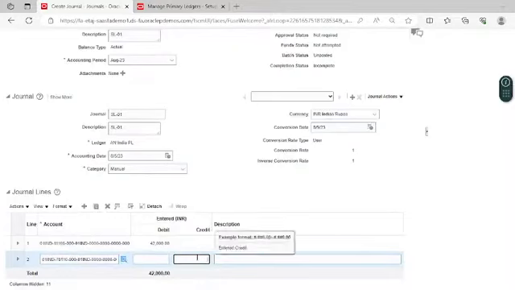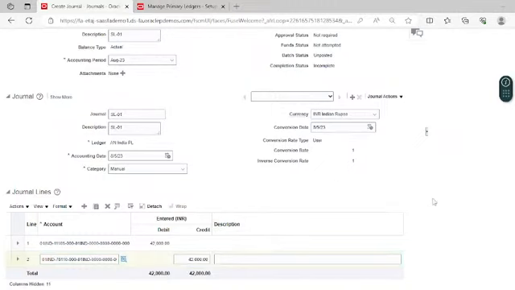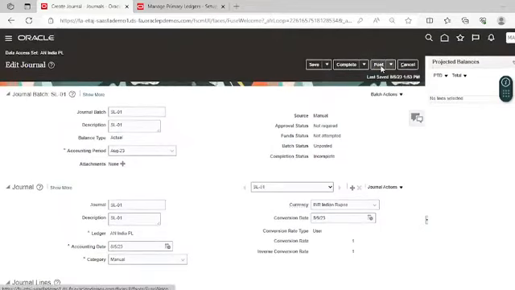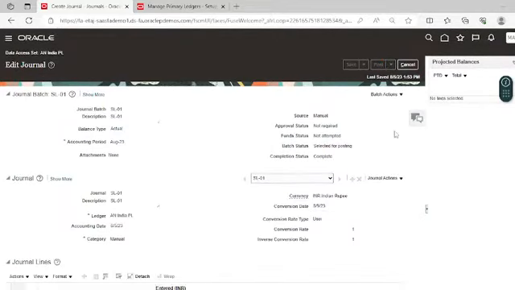Click on OK. Now this journal will be posted to our reporting ledger also, and also secondary ledger. Click on save and then click on post.